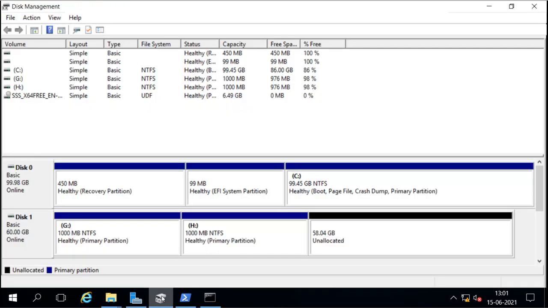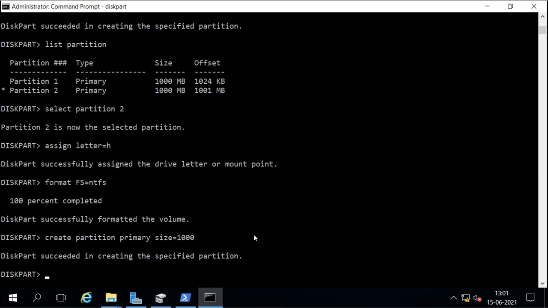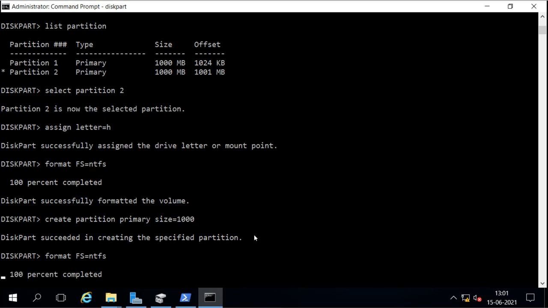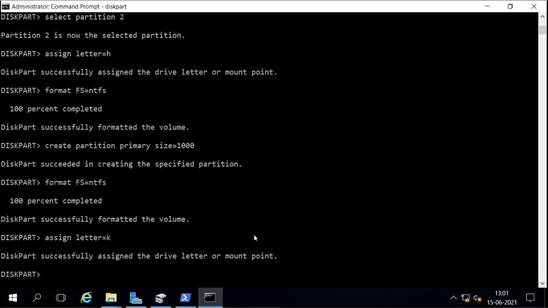Now I am going to create the third. Then I will format it with the file system, and then I will assign drive letter also. So this time I will assign K. So 3 primary partitions I have created.